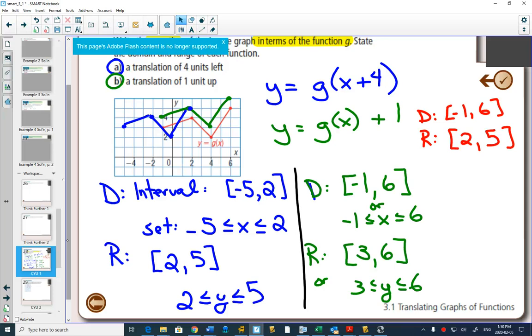I could just give you the equation, right? This is the range of g of x. Now you have the green one. This is the new equation. What's the new range? And you'd have to say, oh, from my green equation, I know it moves up 1, so all my y values move up 1. So instead of from 2 to 5, they go from 3 to 6.